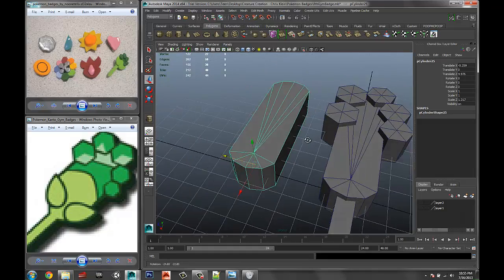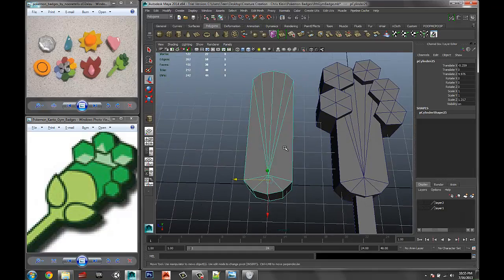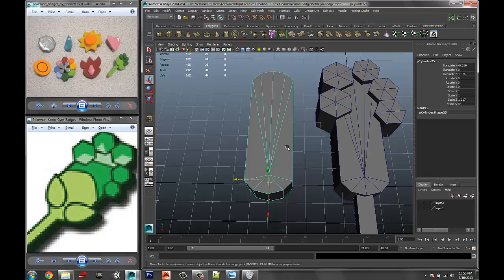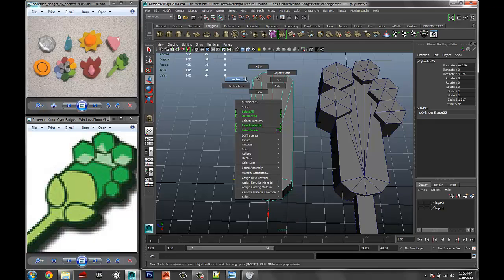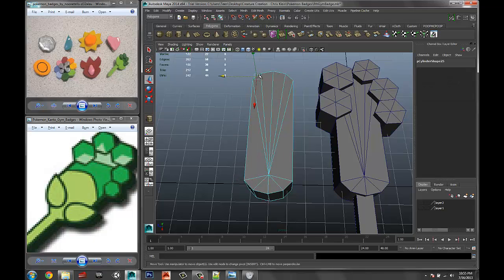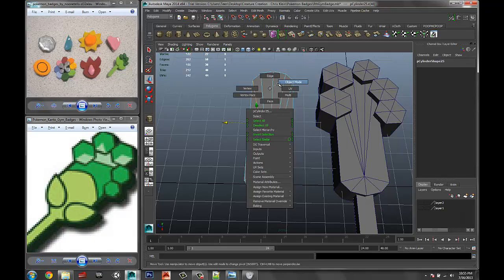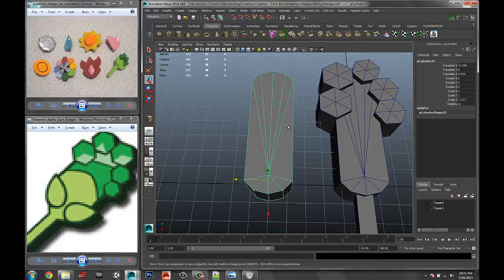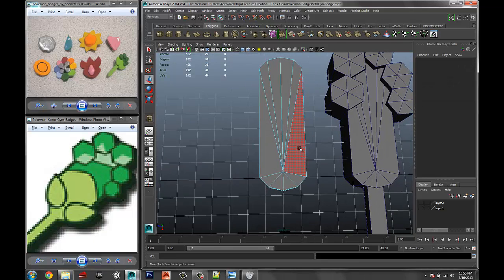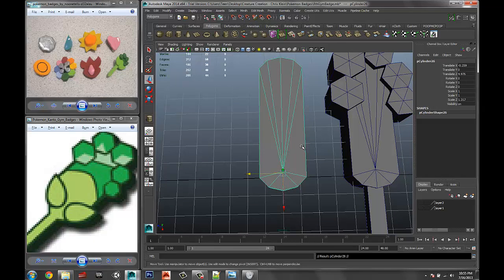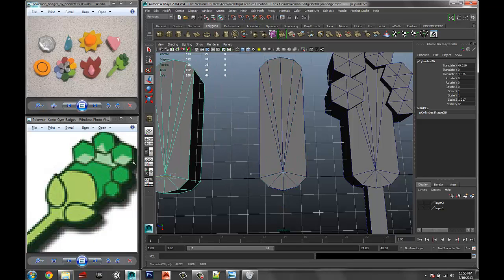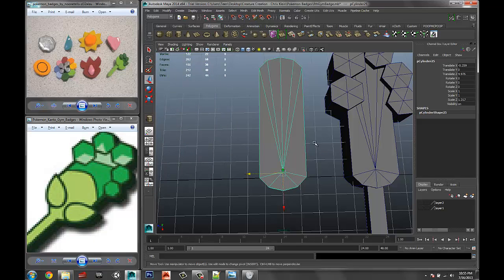Now, there are two different ways, and I'm going to go through the process right now. So this is kind of like a leaf formation already. So this area right here and this. So what I'm going to do is go from object mode to face mode, and, well, first, actually, before I do this, I'll show you the two ways. So duplicate that, drag that over off scene,